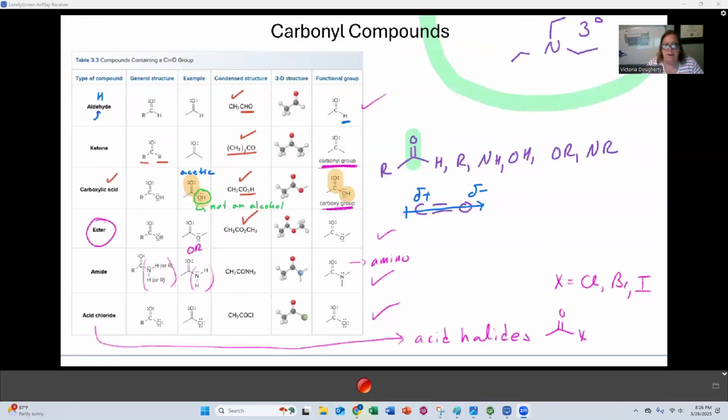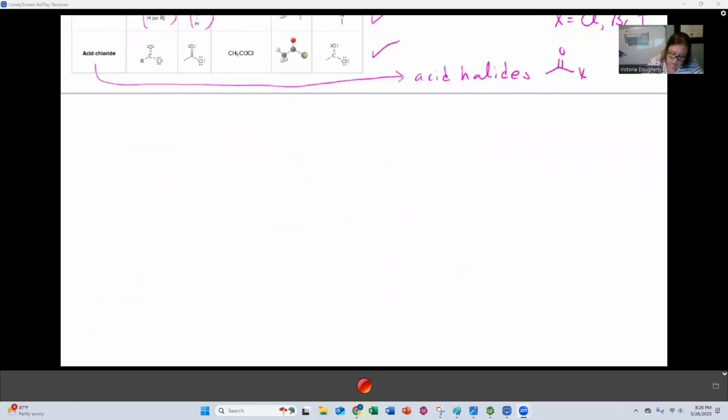I don't know what to tell you guys other than start making flashcards. You will learn these like you learned the atomic symbols on the periodic table, just by attrition. But I'm going to tell you right now, you're going to get a question on your exam, and you're going to have to identify which functional groups are present. For example, if I gave you something like this,